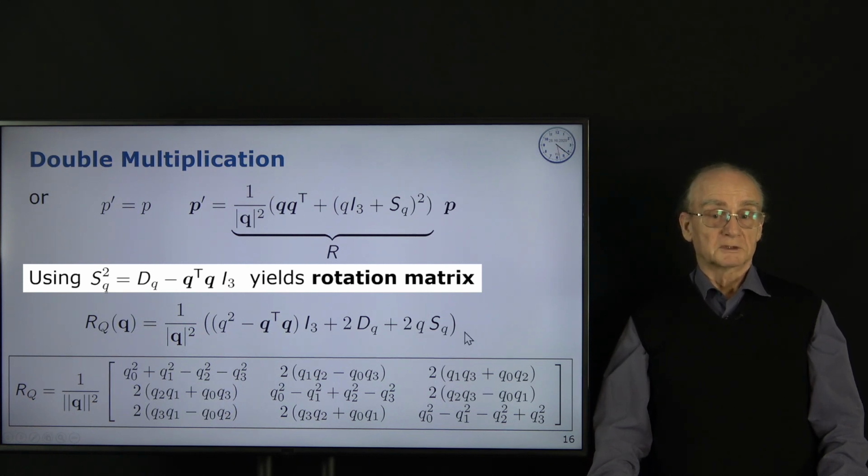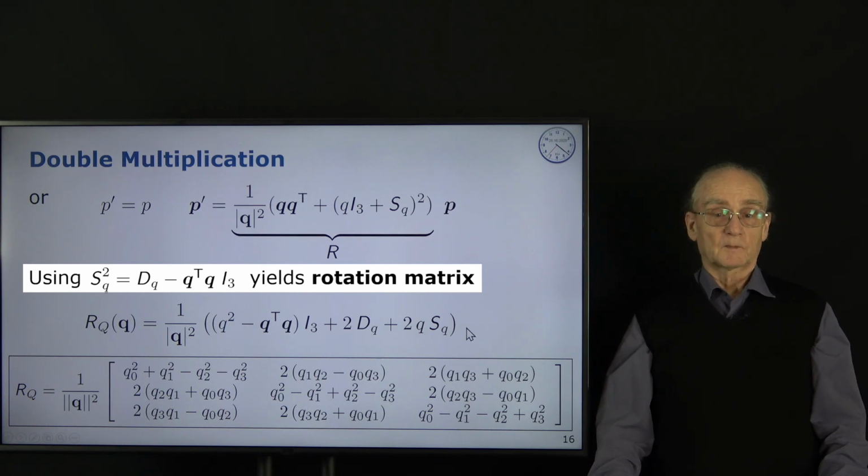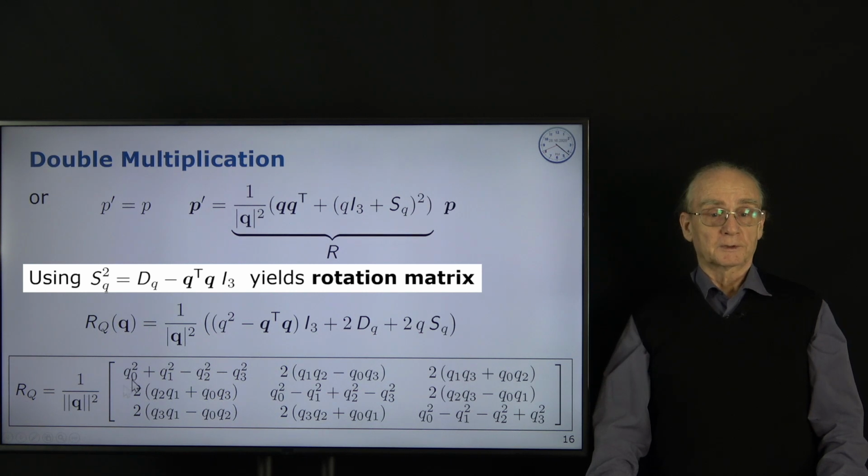At least this is what the claim is. So the claim is that this expression here is a rotation matrix. We have not proved this up to now. So if we work this out, we get here 1 over the norm squared. And then we have here 3 by 3 expressions, which again